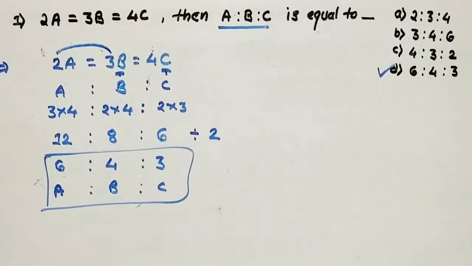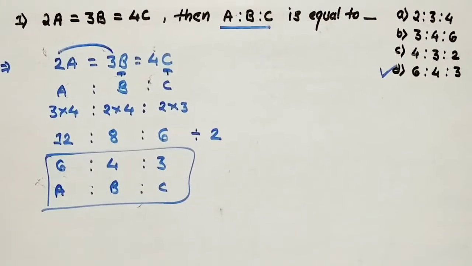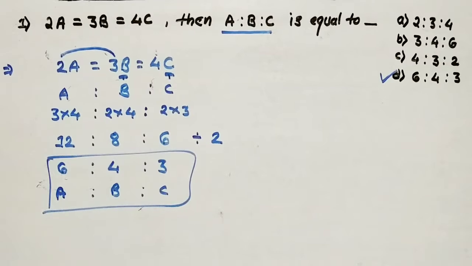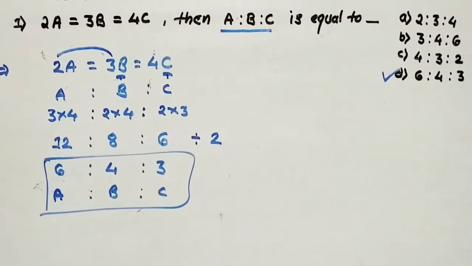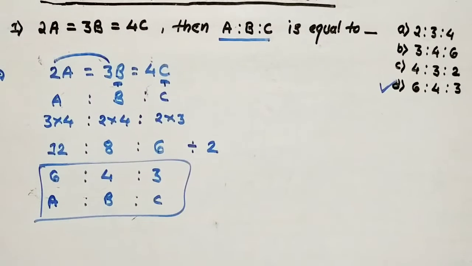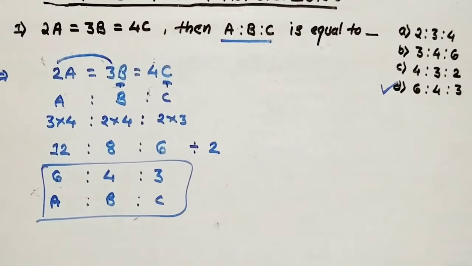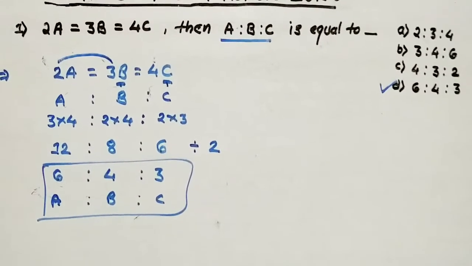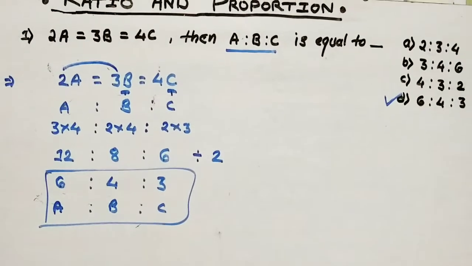Option D is the correct answer. 6 is to 4 is to 3, option D is the correct answer, राइट। यहाँ पे समझ में आ गया। चलो कोई बात नहीं, नहीं समझ में आया तो हम कुछ प्रॉब्लम और डिस्कस करते हैं, राइट।